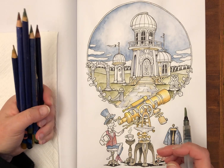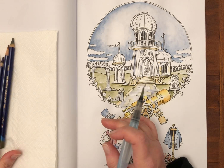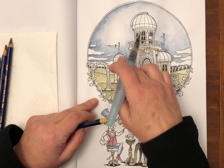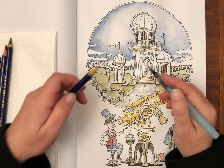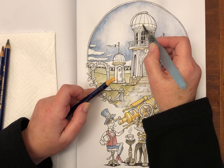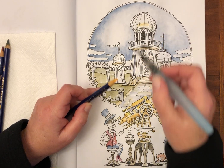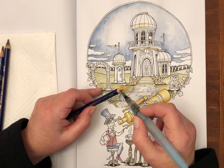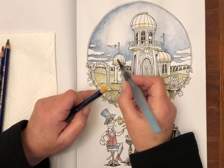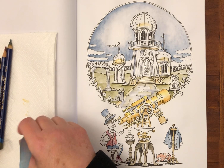I did do a little bit of research into observatories, and they are indeed white, a lot of them. So I've decided that I'd like to do these domes here as glass. But because it's not quite night time yet, I'm going to suggest that there might be a little bit of a glow coming from within, perhaps they're going to do some stargazing. So I'm just going to do a little suggestion of a glow of light, and that was the Sicilian